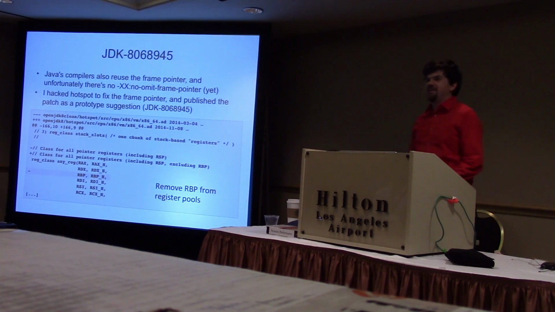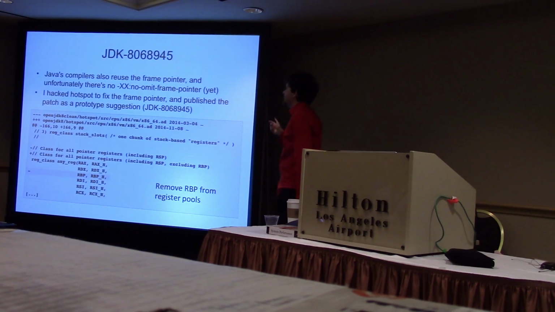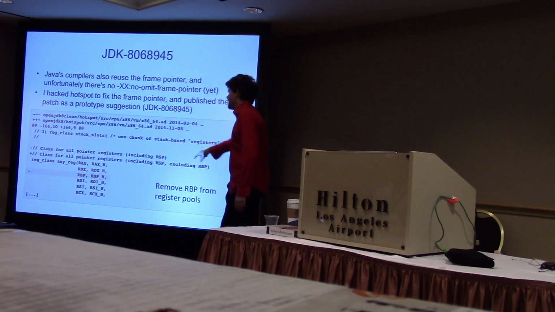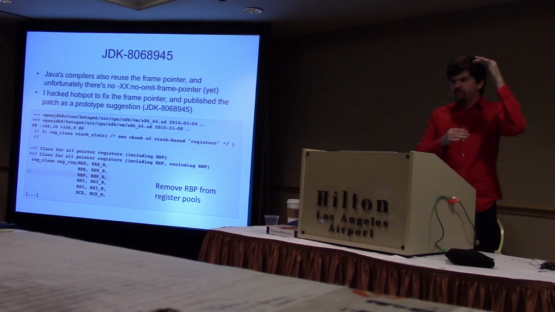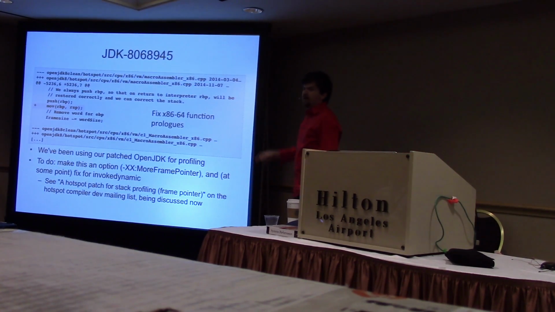I was so annoyed at this. In fact, I gave presentations last year where I had the broken flame graphs in Java. I came up with my own hack for Java HotSpot, OpenJDK, and then published it just to show that this was fixable in the JDK. And actually it wasn't too hard. All I did was take RBP, the frame pointer register, out of the eligibility pools for the JVM compilers so that it wouldn't step on it, and also fixed the function prologues so that they initialized the RBP register properly, so the mov RBP, RSP. So it wasn't a huge change, and that's been filed as a Java bug, JDK 806, and so on.